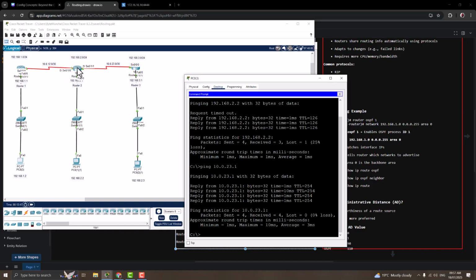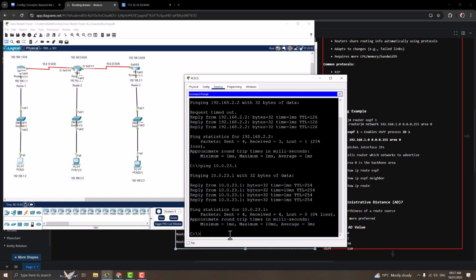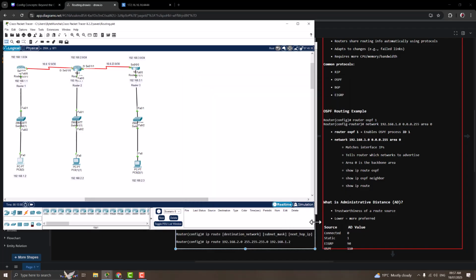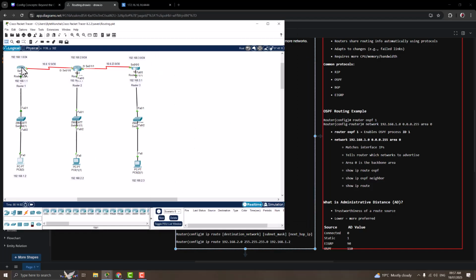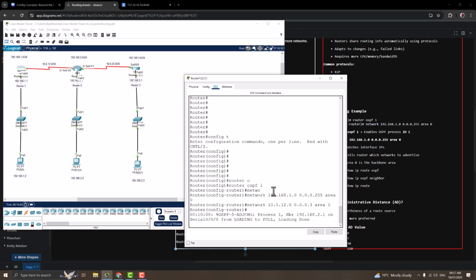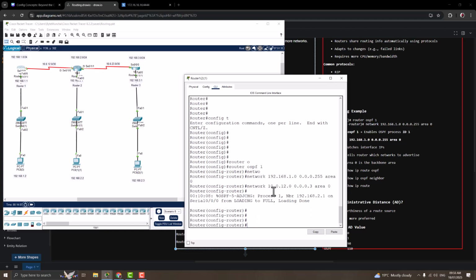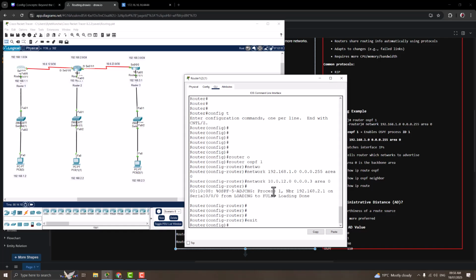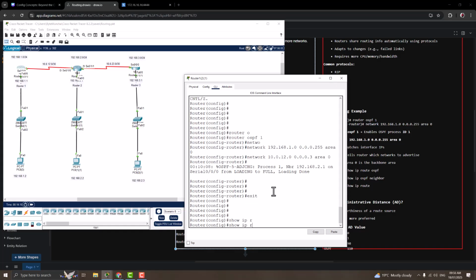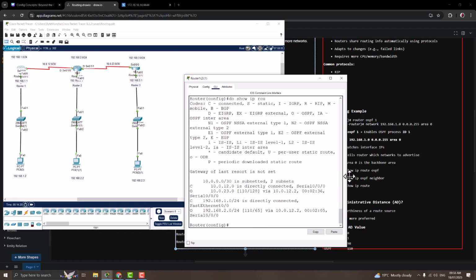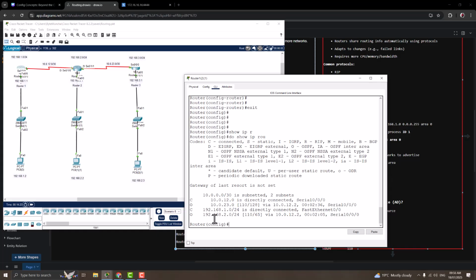Because this router is going to advertise this route to this router, because it's a dynamic routing process, right? It's going to advertise all of its routes to this neighbor router. Now let's go back and see their routing tables and see what's going on in there. If you go to the routing table for this one, let's exit, and then let's show IP route. Let's add a do. Now if we do show IP route, we'll see that we have an OSPF route,